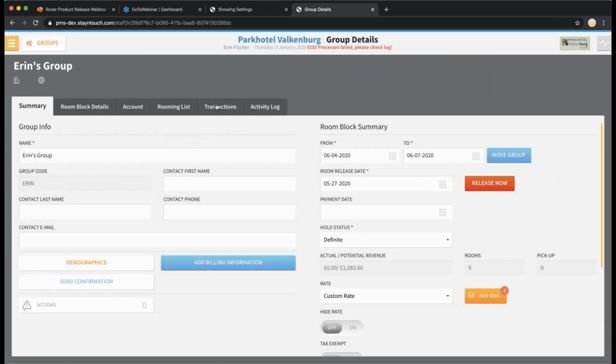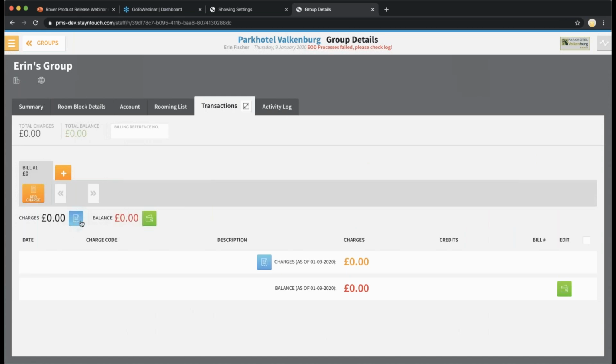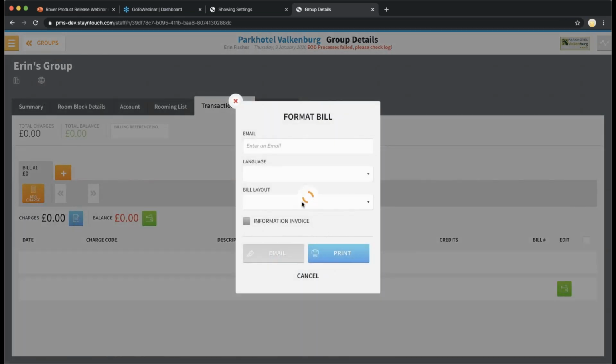If I go to the actual transactions tab, I'm going to simply click on the invoice here, and I'm going to choose my bill layout, which is going to be Proforma invoice. Now, keep in mind, whenever you're doing an invoice, it's always going to default to detailed bill, but I'm going to switch this to Proforma invoice, and I'm going to hit print. All right, so I'm going to zoom in here, and as you can see within the bill,